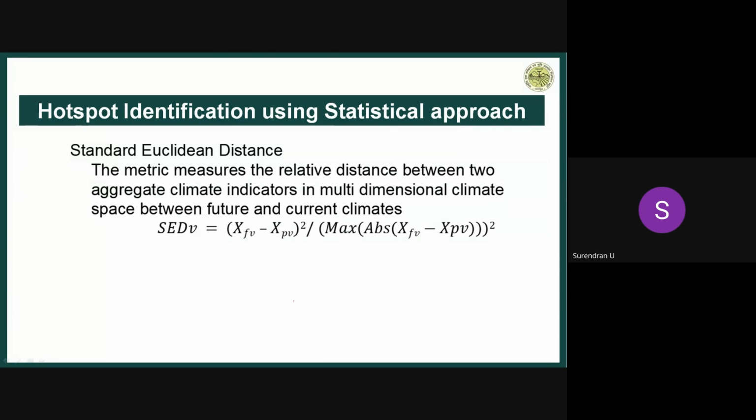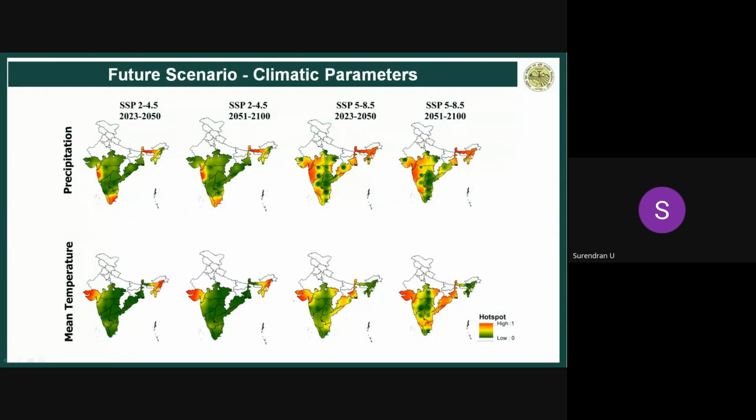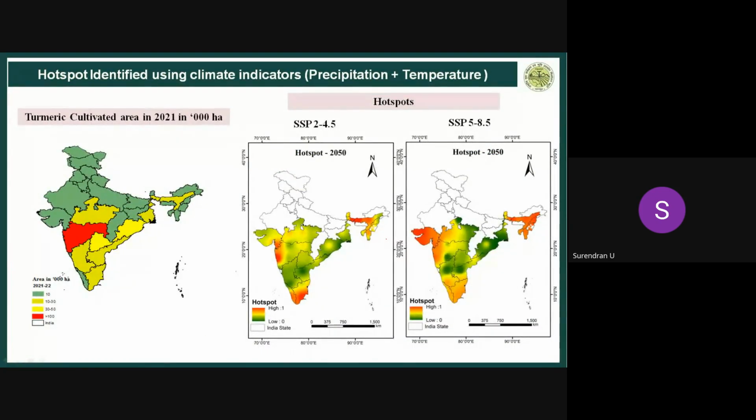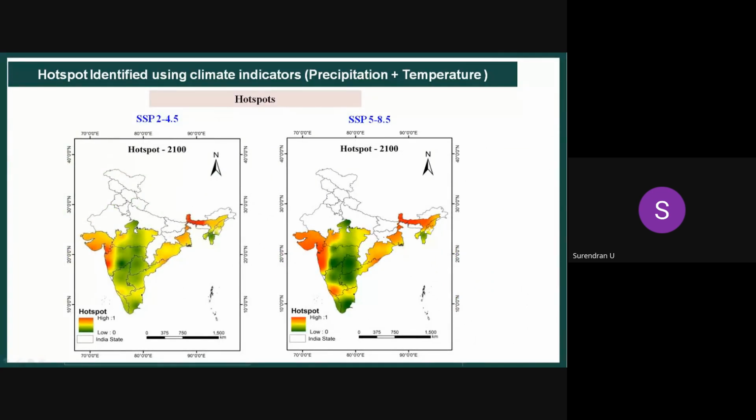But when coming to the hotspots, we found, based on the analysis, that currently it is growing in the popular states, and you can see the hotspots, especially the Gujarat region and some of Odisha as well as the northern part of Karnataka. We have done this also for different categories like temperature, rainfall, maximum temperature, minimum temperature, humidity, all those things individually, and what is happening when you combine these parameters. So the results showed, you can see, this is the SSP2 scenario, SSP 8.5 scenario, and